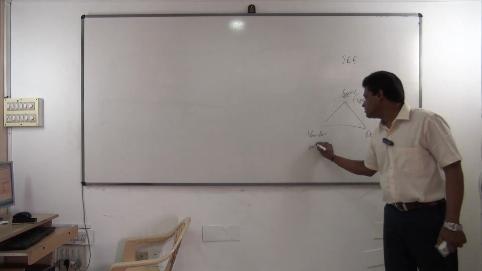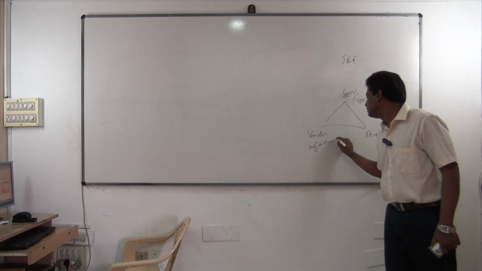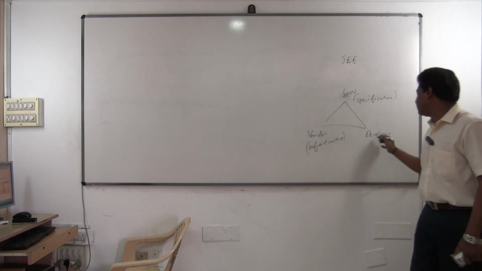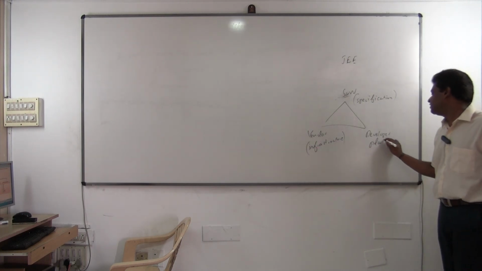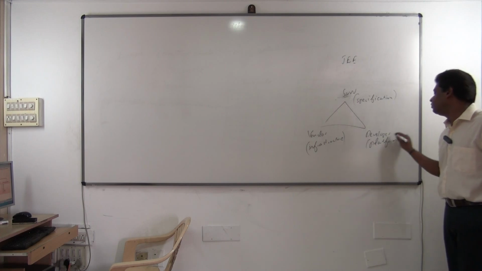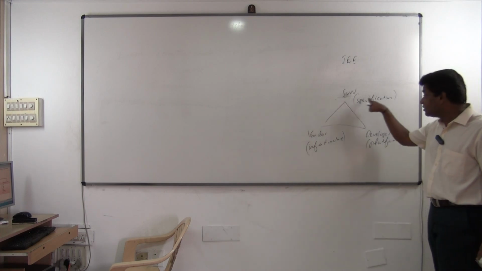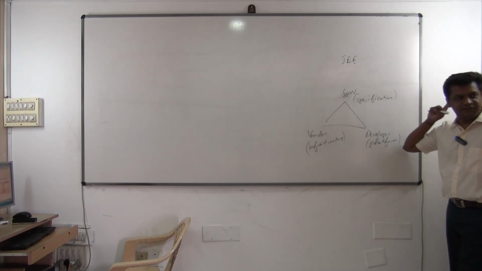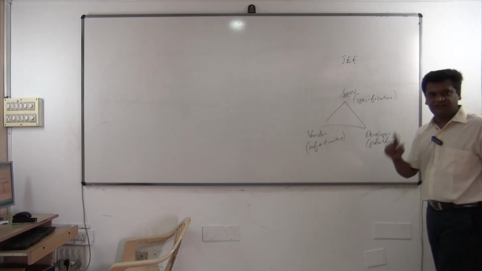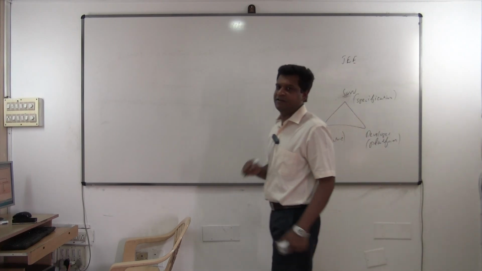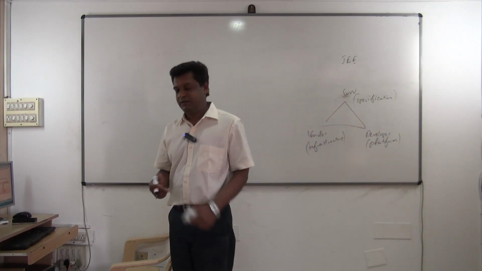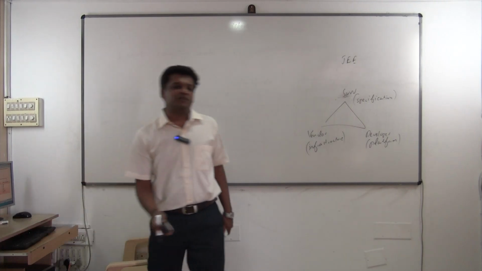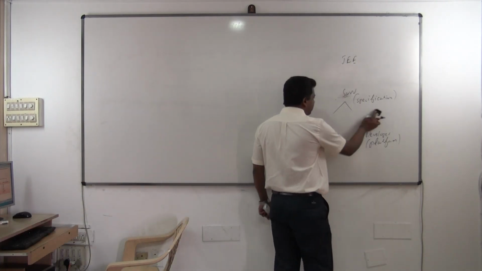Understood? So it is an infrastructure from the vendor point of view, and for the developer it is a platform. So when you read books about JEE, these words will be used commonly. JEE is a platform, JEE is a specification, JEE is an infrastructure. Be careful, you have to understand these words properly. You will be reading documents now, otherwise how will you code?